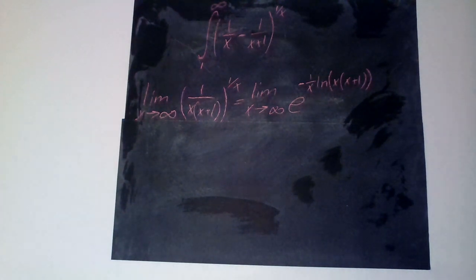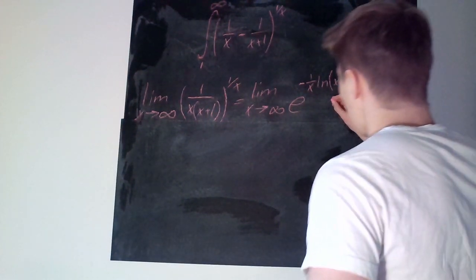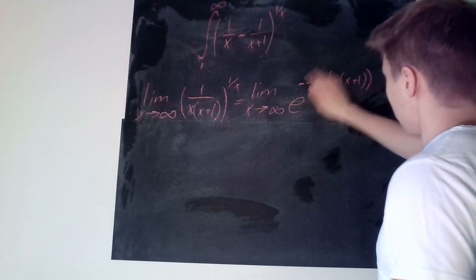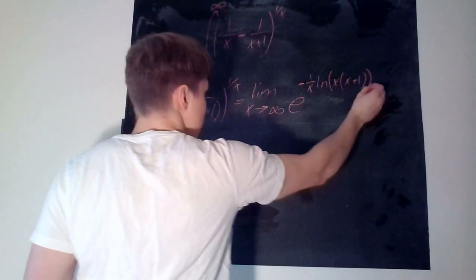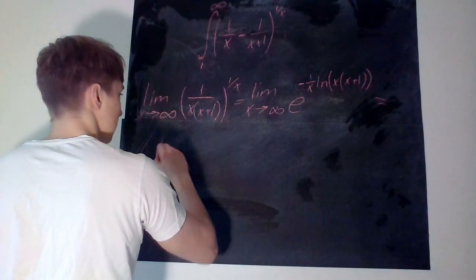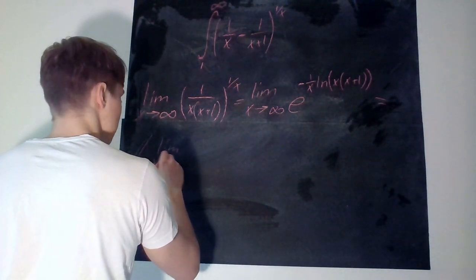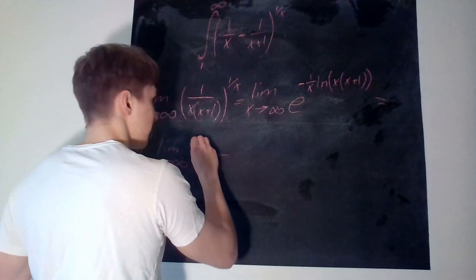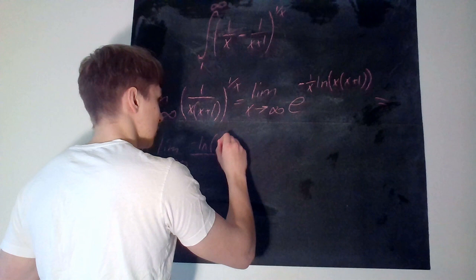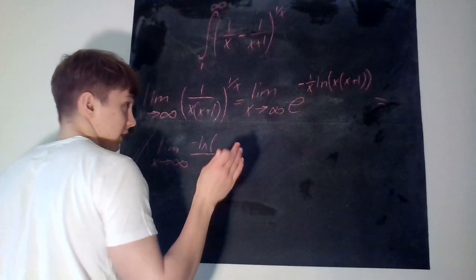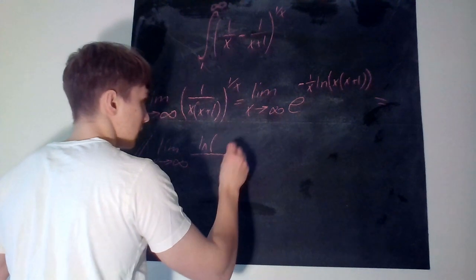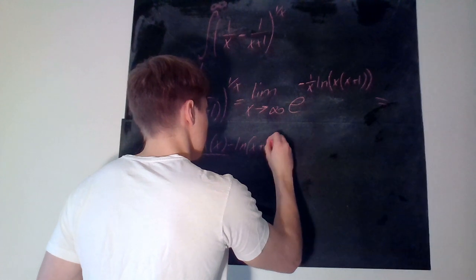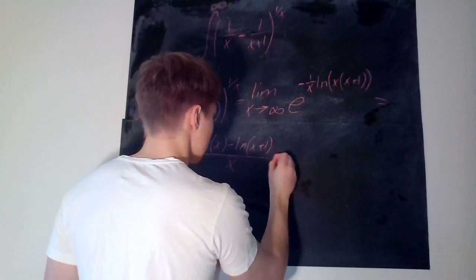And therefore we can move the limit inside of the exponent. So we just look at the limit of this. So this is equal to, so we'll just make a quick notation here. Okay, so we try to find the limit as x tends to infinity, sorry, of minus ln of x times x plus 1 over x. So we can rewrite this as ln x minus ln x plus 1 over x, and this obviously is equal